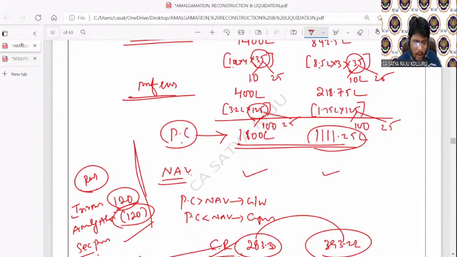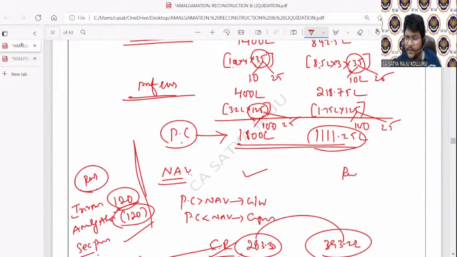Sir, in the best problem, in our study material all accounts are closed. Can we only close realization, best limited and shareholders account? Sir, it is not related to whether all accounts are closed or not. That is not the issue, guys. I mean to say, on a systematic basis, only assets and liabilities which are taken over can be transferred to the realization account. Those not taken over need not be transferred to the realization account. I will tell you the reason. The method adopted in the study material is correct. The method we adopted is also correct. What is the difference? You know what they will do.